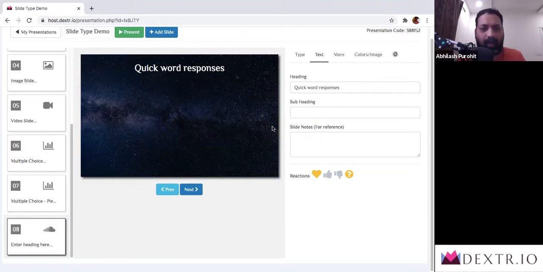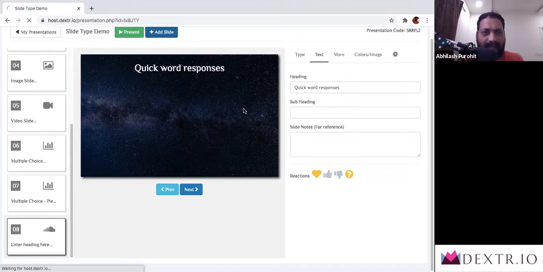What is going to happen now is when this slide is being presented to your audience, they are going to see a form in which they can type and send a response. When we're doing the full demonstration of this, you will see how when people contribute to it, how the text appears on various screens. A quick word is a type of screen in which you are asking for people to type their answers rather than select an answer like in multiple choice.